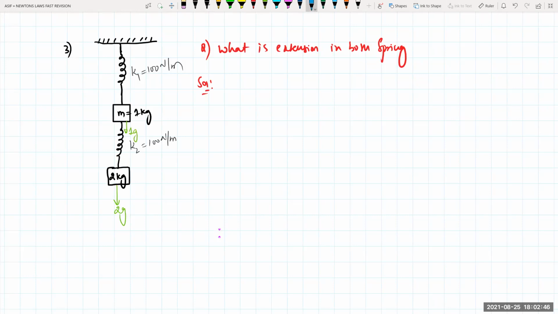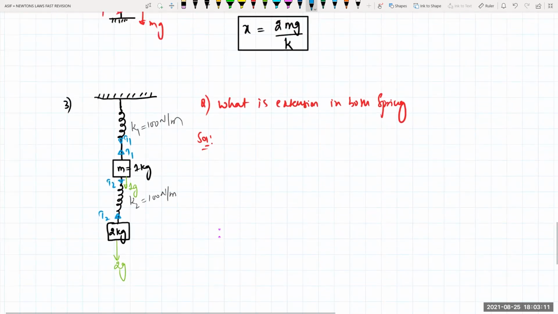Then apart from that one, what is the other force which has been acting on this one right now? Can you tell me? So as it is your 1 kg, there is one tension here right now, and there will be an equal and opposite tension here right now. And there is one tension here, and there is an equal and opposite tension. If this is T1, this is also T1. If this is T2, this one is also your T2. This T2 is nothing but what? Spring force only. Yes. T2 is nothing but what for me? Spring force only.